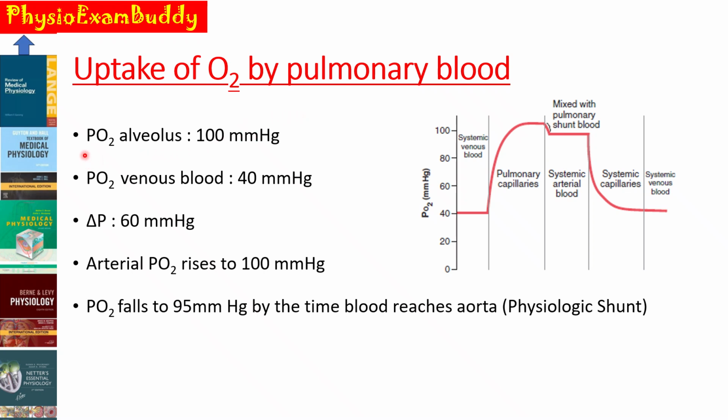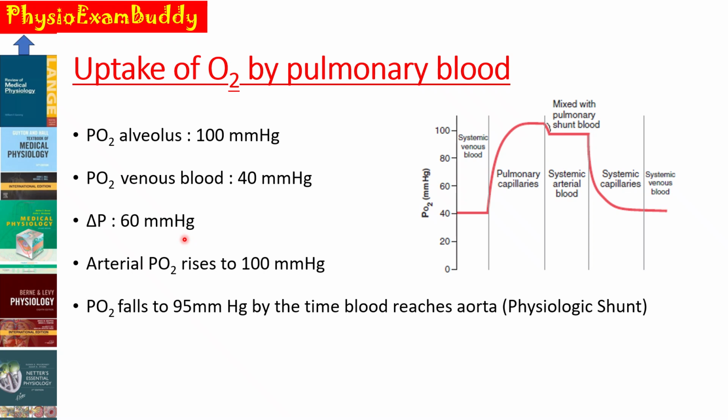The partial pressure of oxygen at the alveolus averages around 100 millimeters of mercury, whereas the venous blood entering the pulmonary capillaries has a partial pressure of oxygen of only about 40 millimeters of mercury. So the pressure difference between the alveolus and the pulmonary capillaries is around 60 millimeters of mercury,